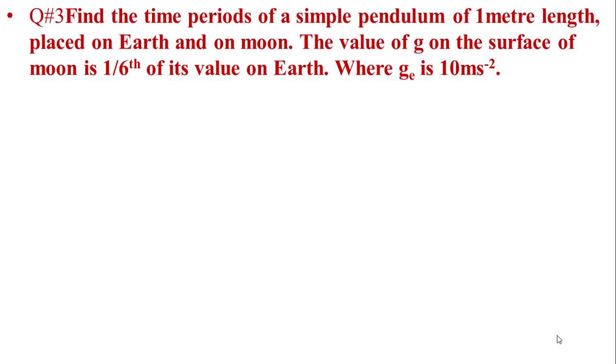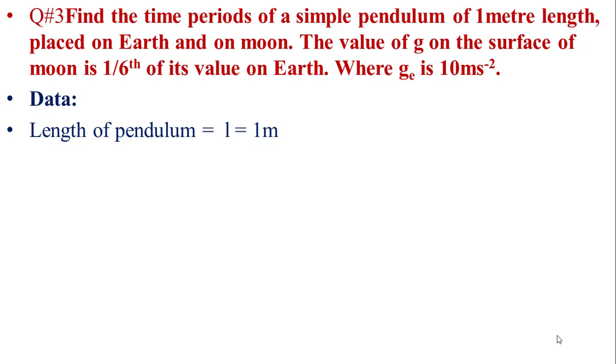In question number 3, find the time period of a simple pendulum of 1 meter length placed on the earth and moon. The value of g on the surface of the moon is 1/6 of the value on earth. Here, the value of g is 10 meter per second square. Given data,